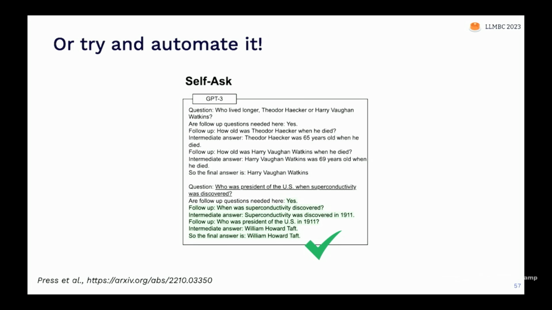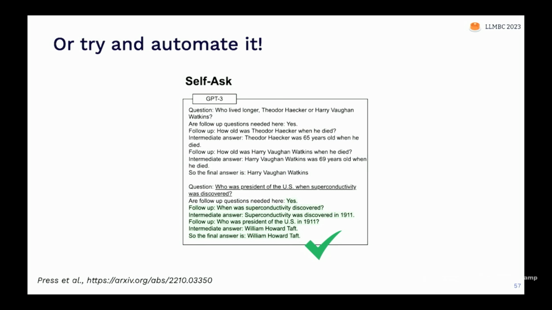But it'd be better if you could automate the construction of that decomposition. So rather than writing this big structured document, or rather than writing some examples of cases where problems are decomposed, you can do something like this self-ask trick, which is when you write your initial prompt of examples, you can frame it in terms of generic decomposition operations: are follow-up questions needed here, yes or no? And then the model will, at query time, decide what number of follow-up questions to ask and how to ask them to get the final answer.